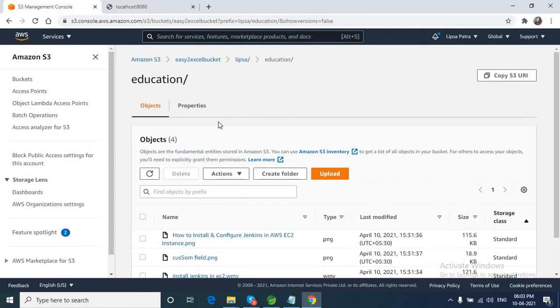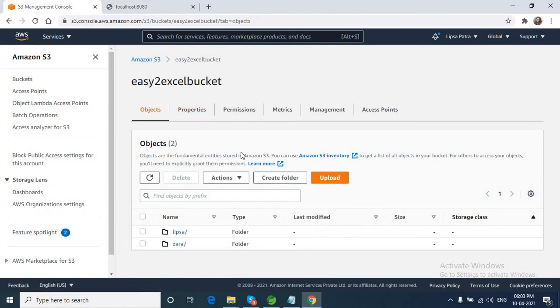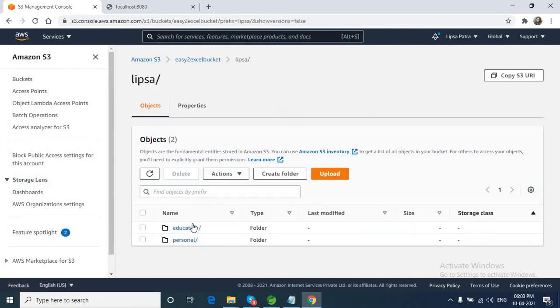So if I go to my S3 bucket, it tells us this bucket comes to lipsa and removes everything after slash. So if it removes everything after slash, then it removes all those files inside lipsa. Inside lipsa we have education and personal.